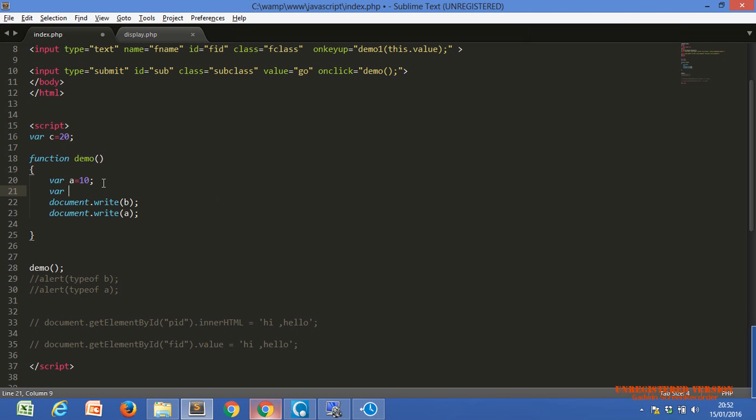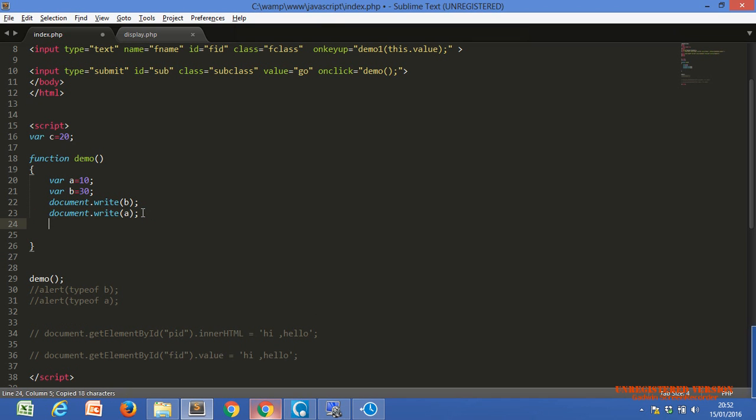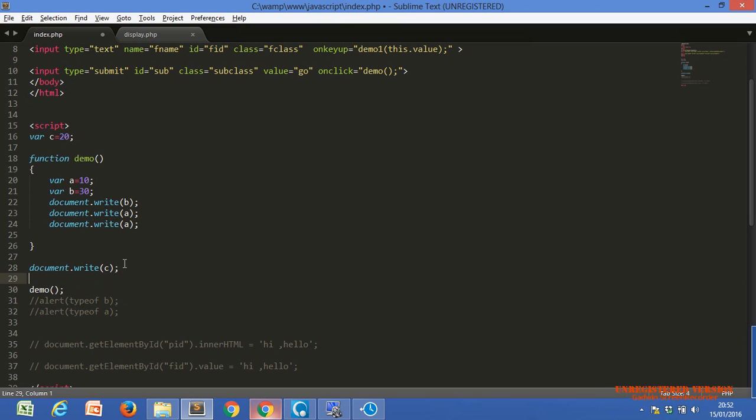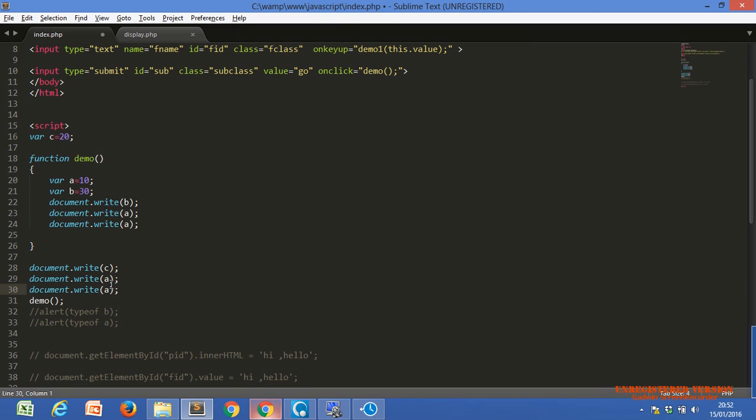Just for your revision, I assign 30. Within the function, you can use all these three variables. But outside the function, you can use only one, the c only. If you use a and b, then it will not print anything.